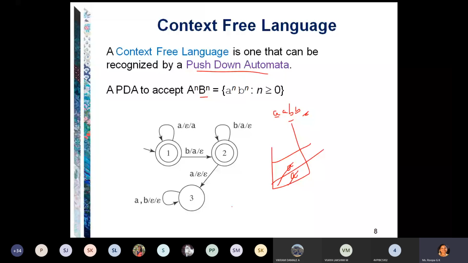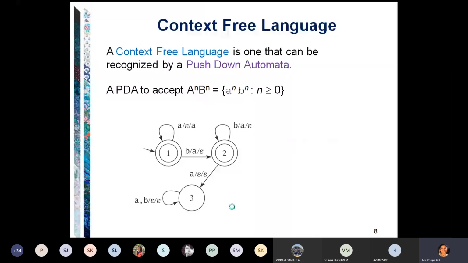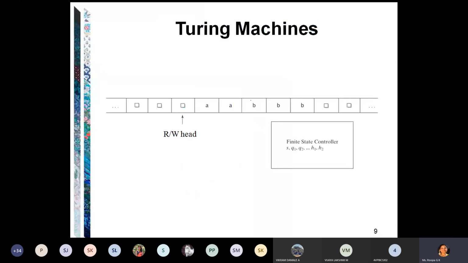Is it clear? Just the basic concept of PDA. What is PDA? You need to understand. That is enough now. FSM and PDA difference: here the stack concept is required, and it is mainly used for keeping track of previous input, the number of A's, that is the count. One more machine called Turing machine. In the last module or half of the fourth module, we will discuss Turing machine.